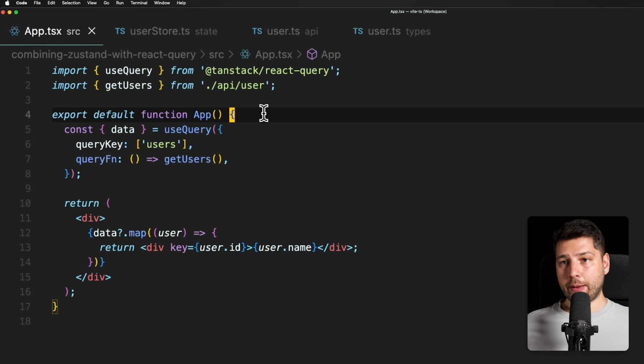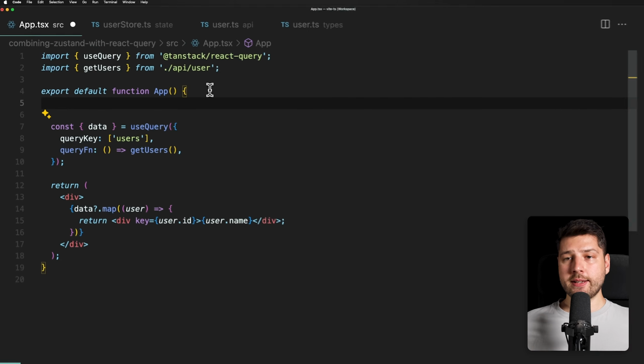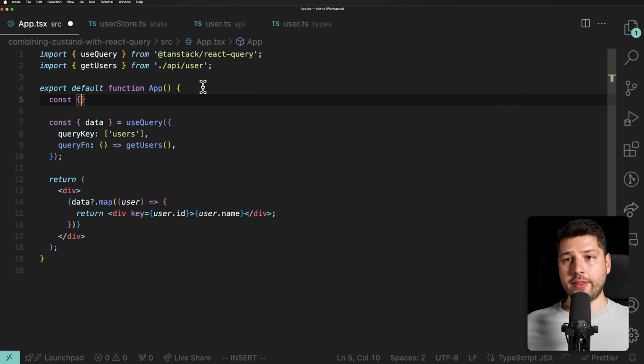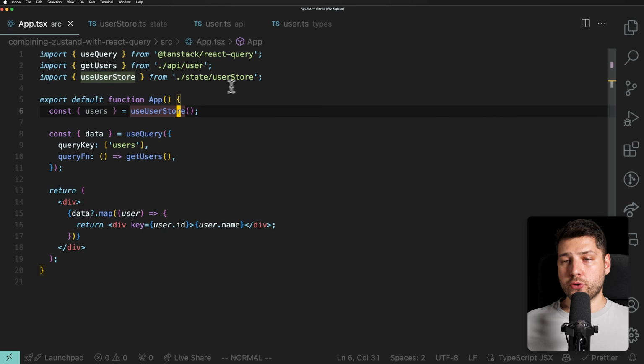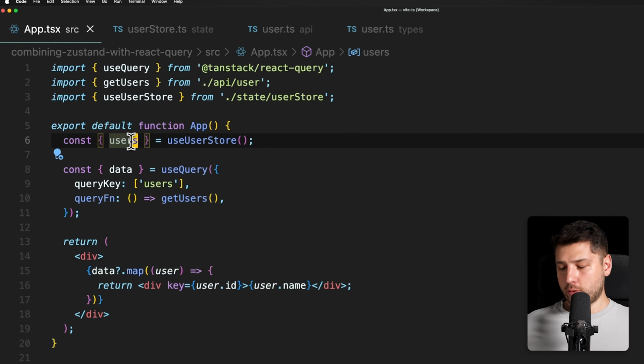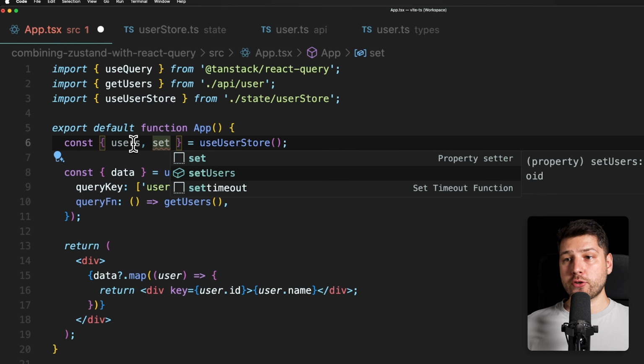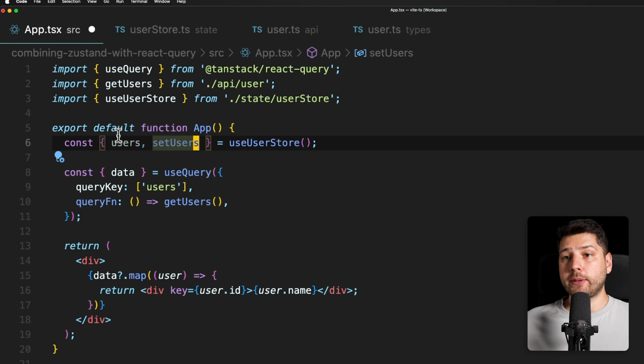So we can come here to the app component at the top, make a little bit of space, and then we can do const users, and that is going to be equal to useUserStore, and we can import this directly from state/user-store. Now we have the users over here. We're also going to want to access the setUsers function, because we're going to need to update those users